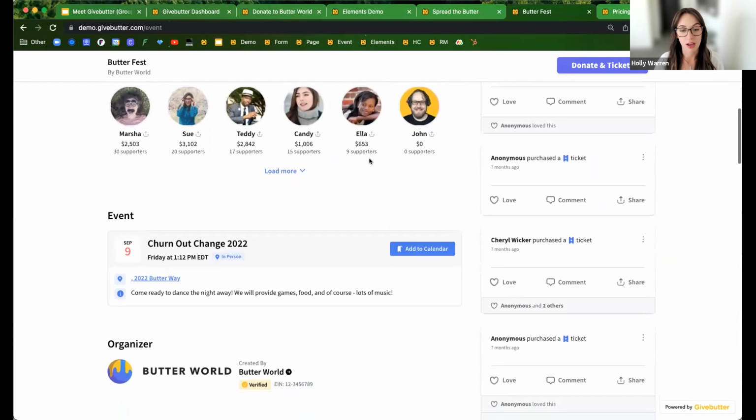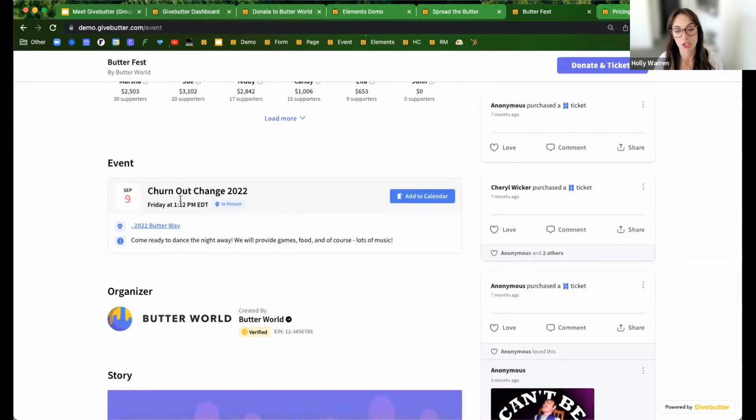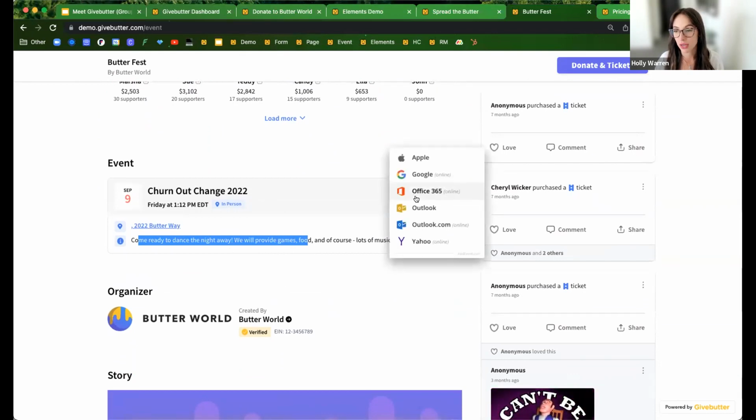Scrolling down the page here, the other notable feature is going to be event information. So here, all of your pertinent information will live, such as date, time, location, other information. Maybe you have a dress code, parking information, all of that can be included. As well, we have this great add to calendar button, so your donors can add it to the calendar of